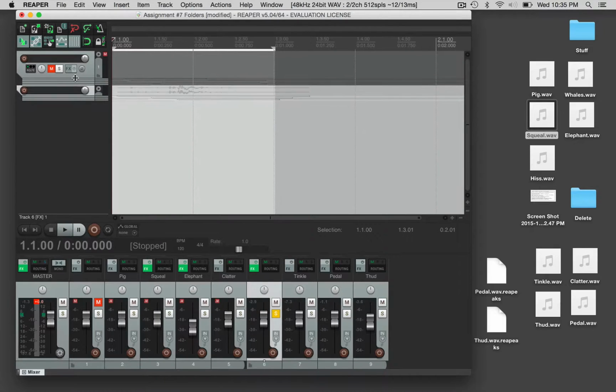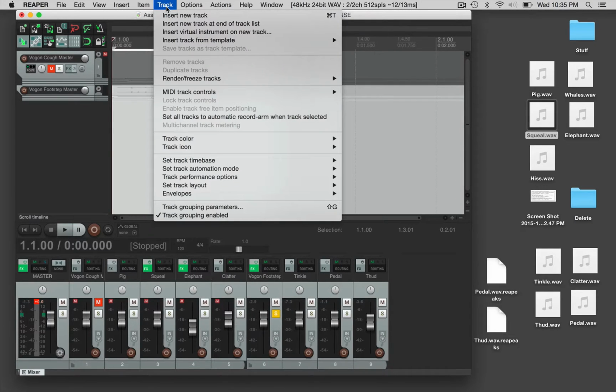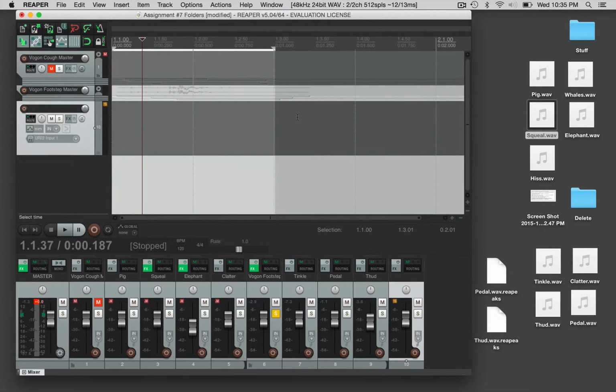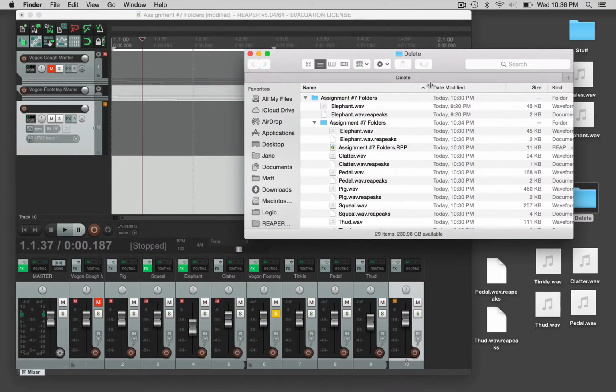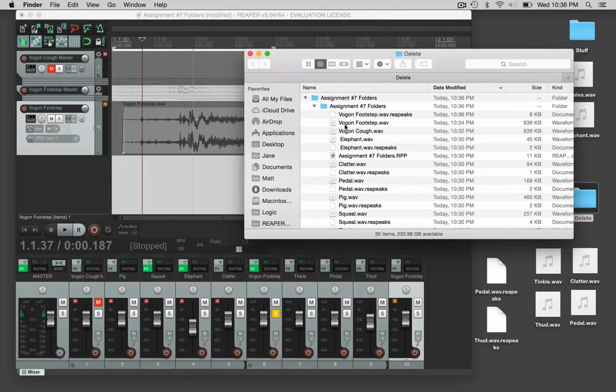Here's one more thing to keep things organized. The first one was called the, what do we call it? The Vogon cough. We can rename it. Call this one the Vogon footstep. How about the master? Okay, and then now I can go and create a new track. And I need to get some audio in there, and I'm just going to drag one of my files here, and it should be under date modified, Vogon footstep. So I can put my cough in this one, and I'm going to put this one over here,